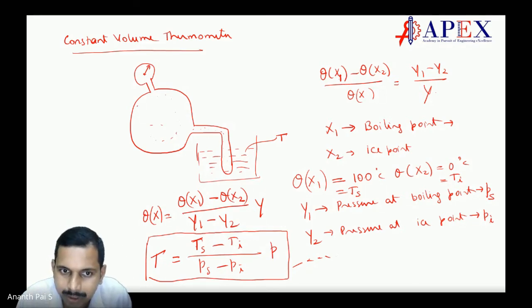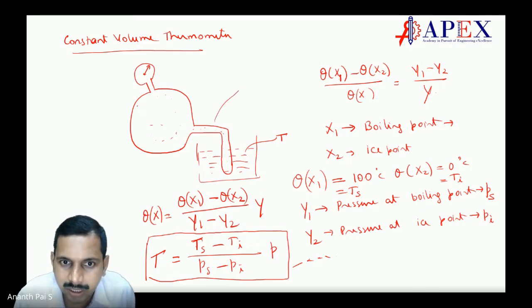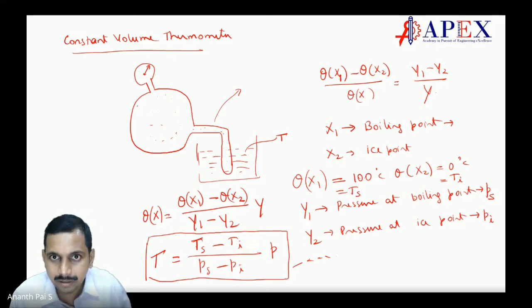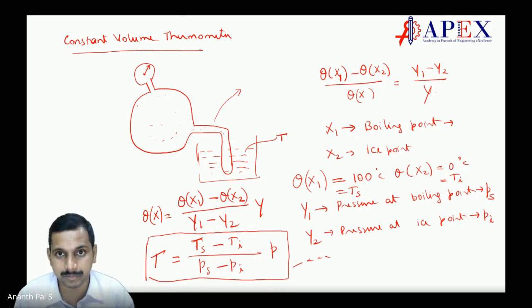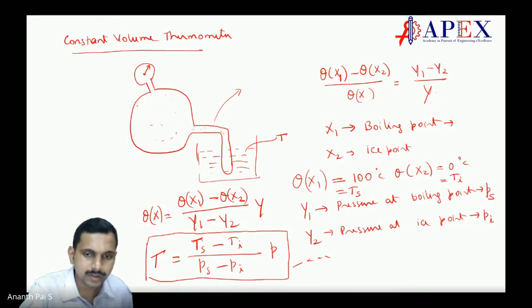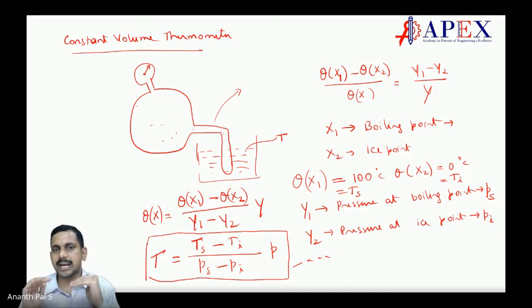So if you want to measure T, first take this thermometer and place it in ice, because the ice point is reproducible. Do you know, students, why we take the ice point and steam point? I will explain in a moment why we take the ice point and why we take the steam point, because this is very, very important.